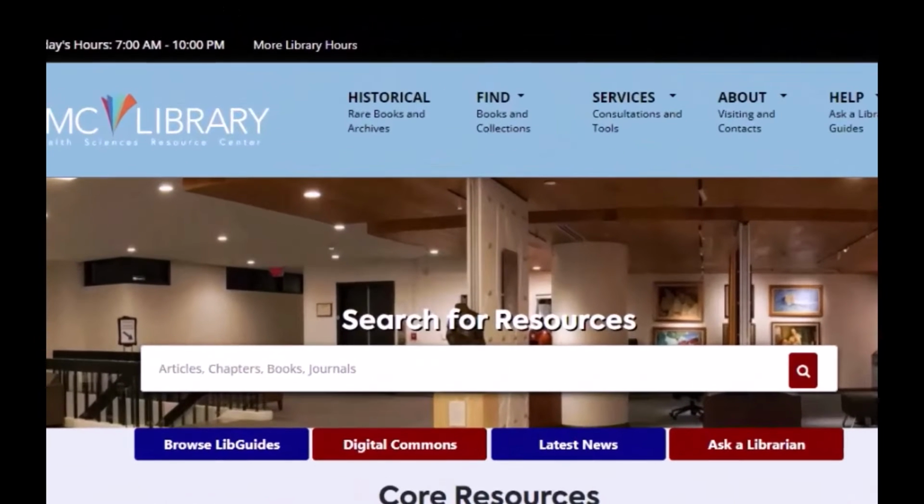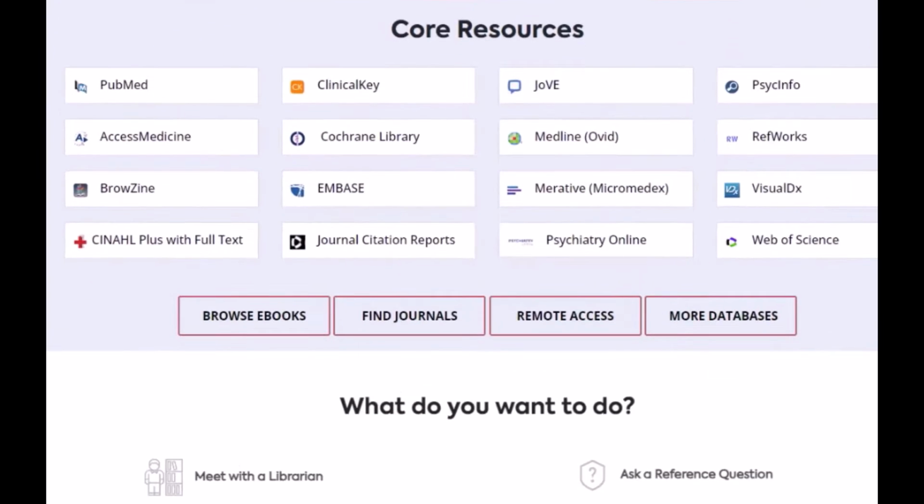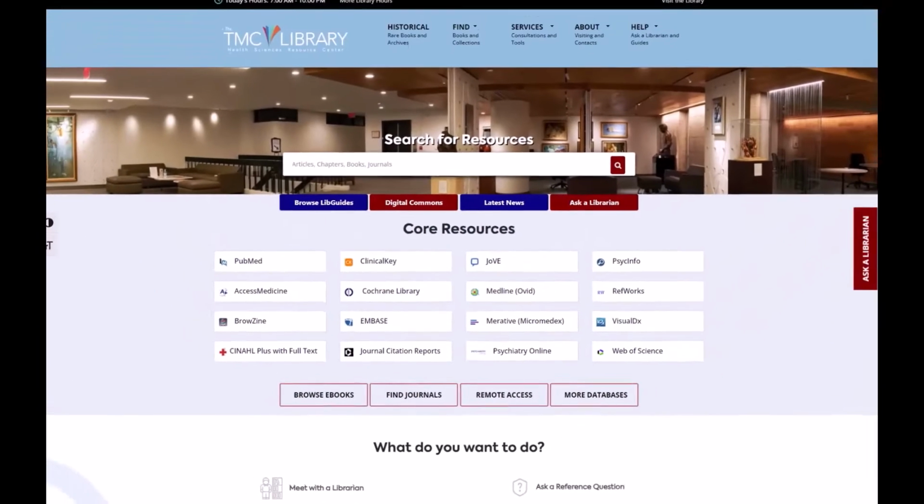The search bar, also called OneSearch or Primo, allows you to search our catalog of books and ebooks, as well as journals and articles available through our subscriptions. It is most useful when you know the title or DOI of the resource you are looking for. If you're searching the peer-reviewed literature for a topic, you'll get the best results by using a database instead of